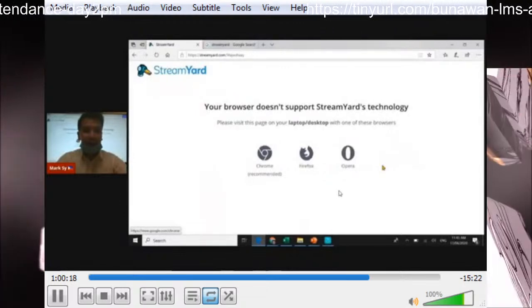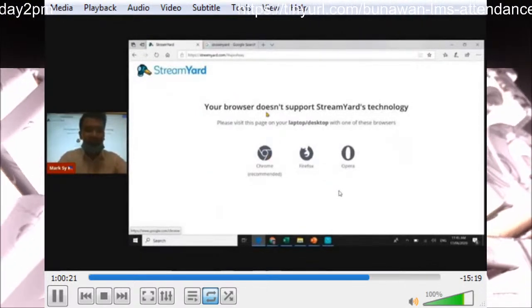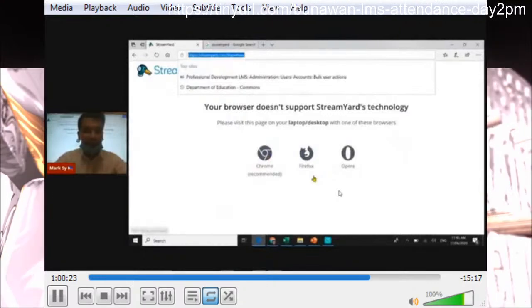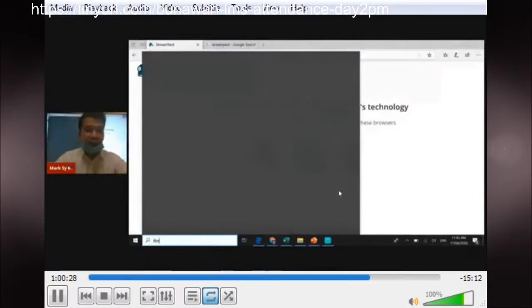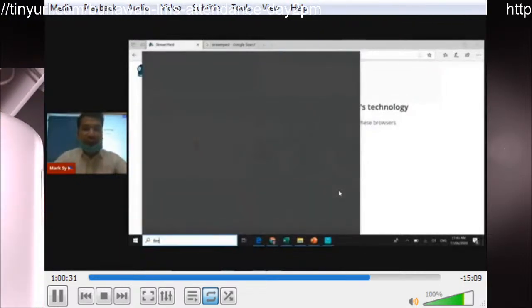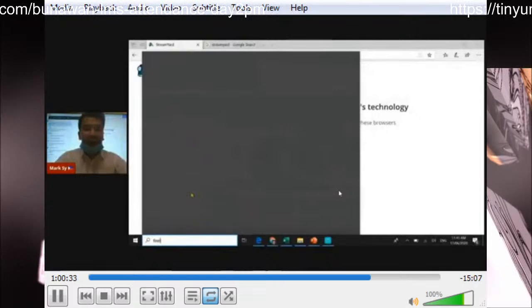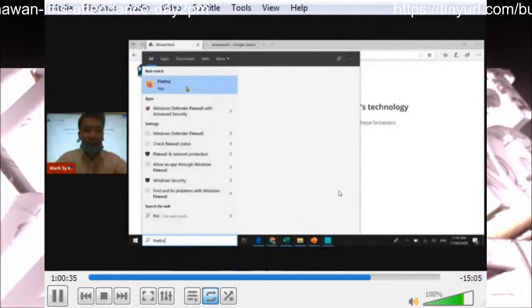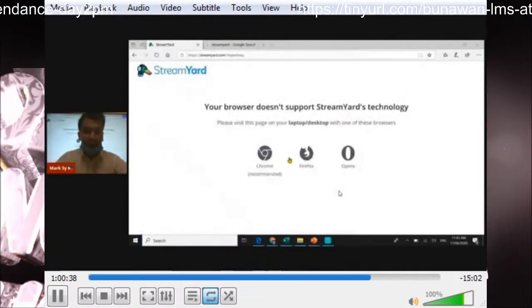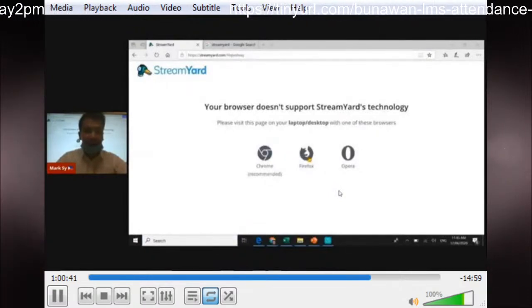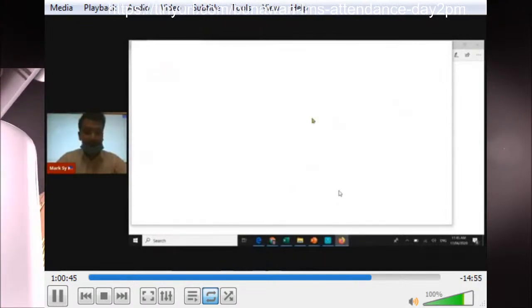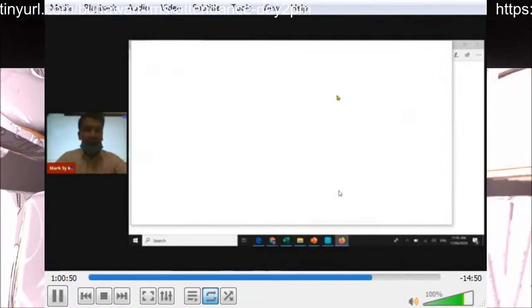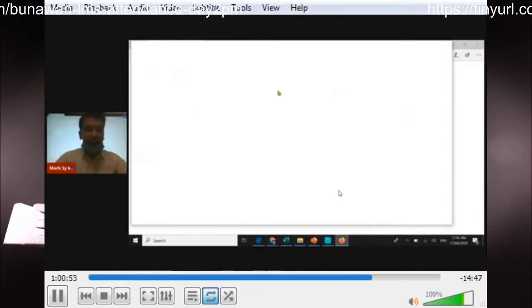Okay? So gaya ng inyong nakikita, I need to jump to a Firefox material kasi po ako ay naka-Edge. So take note, nakikita po ninyo na kinakailangan ang inyong gagamitin na browser ay Chrome as recommended. Pwede po ang Firefox at pwede po ang Opera. Okay? So ang gagamitin ko po dito ay ang Firefox. So once it is loaded, yan, i-paste ko lang po ang aking link.